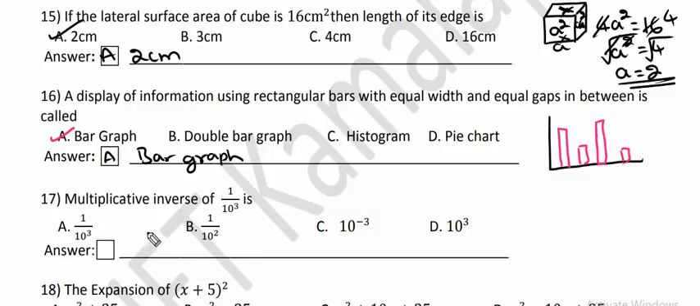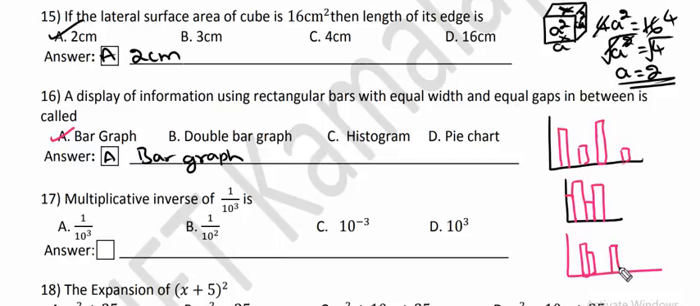So then, if you join this one, this becomes a histogram. Histogram means like this. If you write the histogram, if you join one by one, there is no gap between them, it is called the histogram. And double bar graph means if you write one bar graph and attach another one